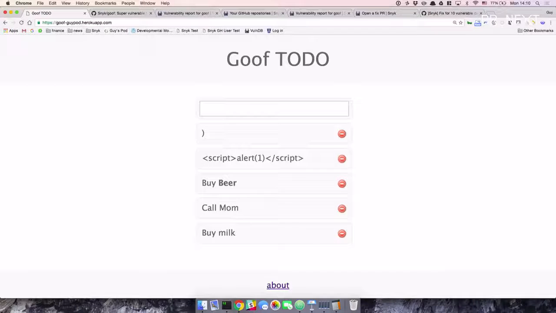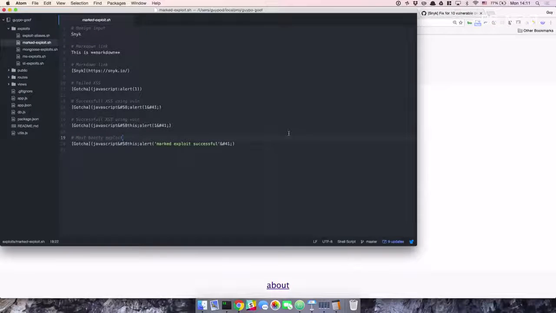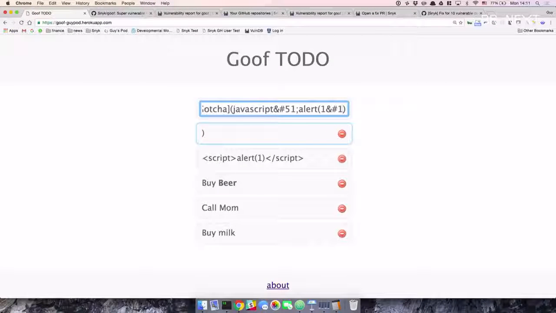In fact, it is fully spec compliant. So even if I try to get fancy here, and I will try to use an HTML entity. HTML entity is kind of the HTML little sister version of URL encoding, or maybe the other way around. And I will represent this colon with an ampersand and a hash, and I think it's a 51. And also from past experience, I know that I also need to encode this thing to, I think, a 40. Let me cheat here a little bit. Oh, sorry, this is 41, and the other one needed to be 58. And these are just ASCII representations, numeric representations of this character. And if I do this, I'm now evading some of the security controls. And if I do this, I get